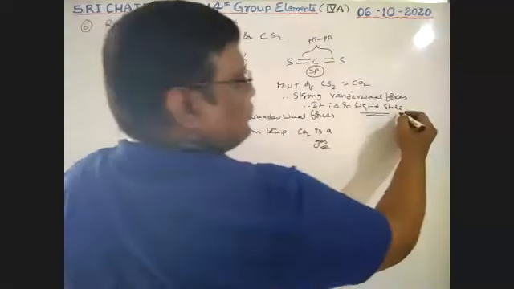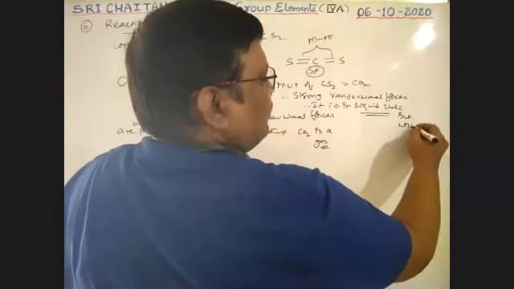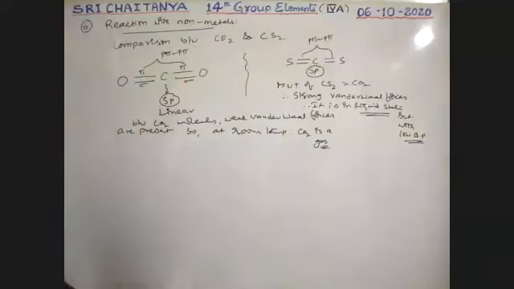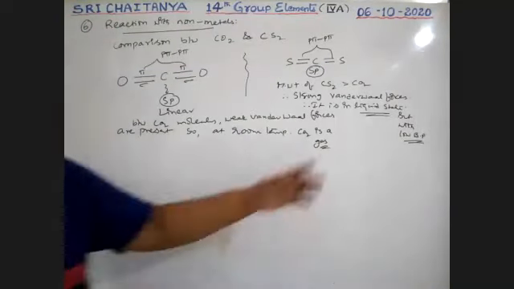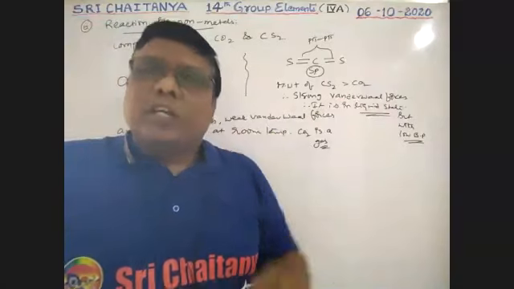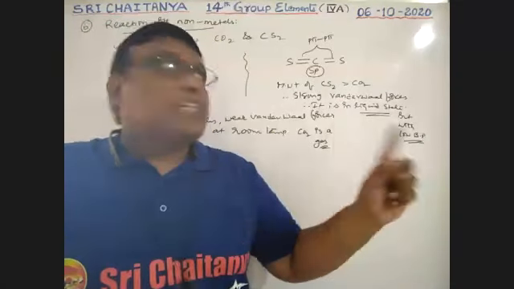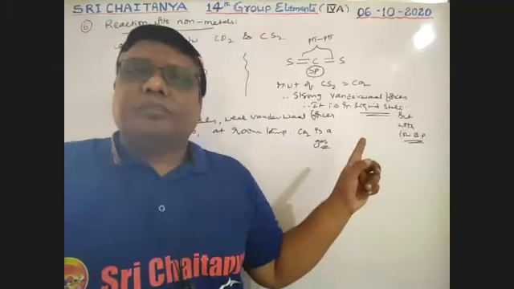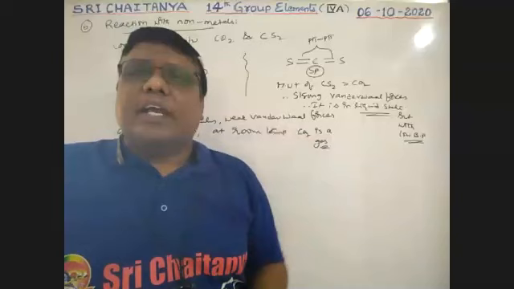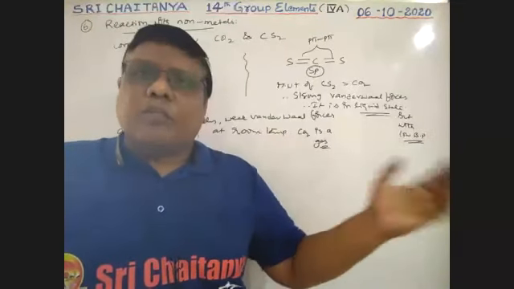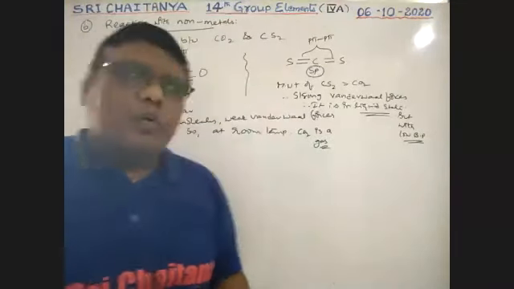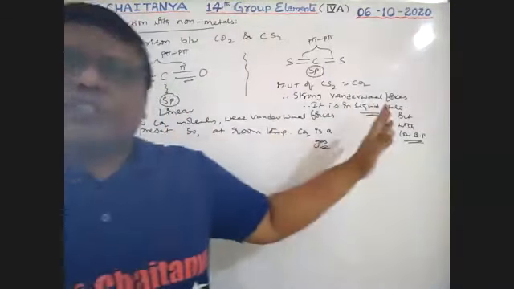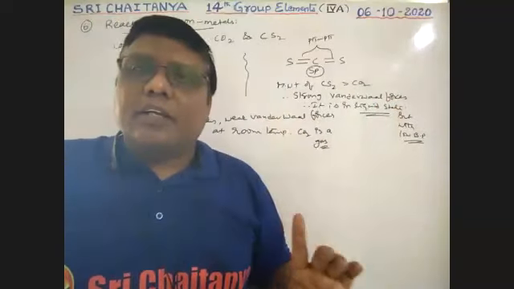With a low boiling point, it is easy to evaporate, but it is in liquid state. At room temperature, CO2 is a gas, but CS2 is a liquid with a low boiling point. So that is why CO2 is a gas and CS2 is a liquid with a low boiling point, a volatile liquid. Okay, this is the structural distinguishing point between CO2 and CS2. CO2 is a gas and CS2 is a liquid.